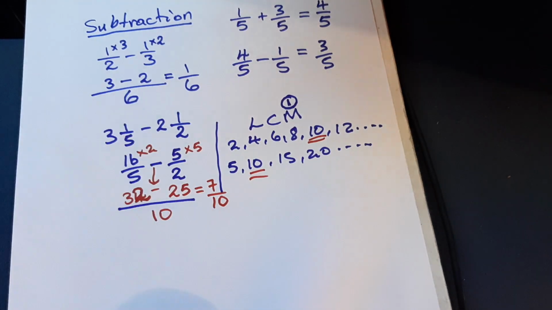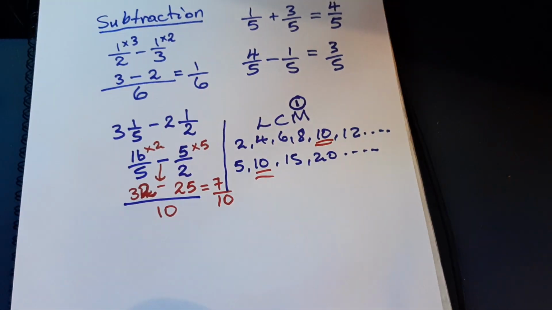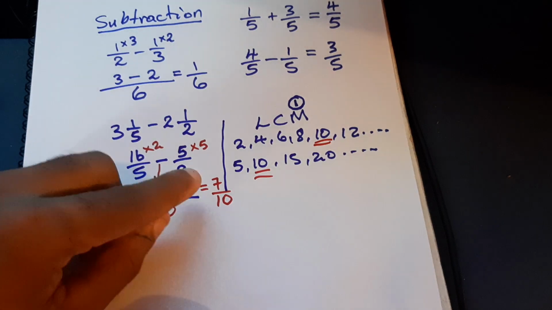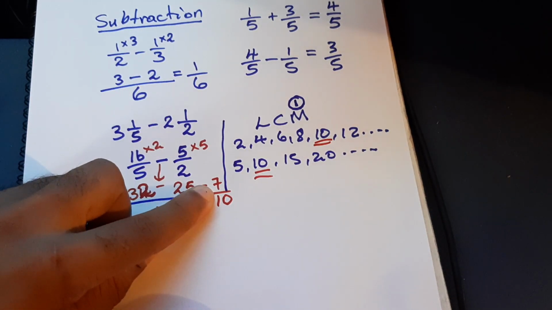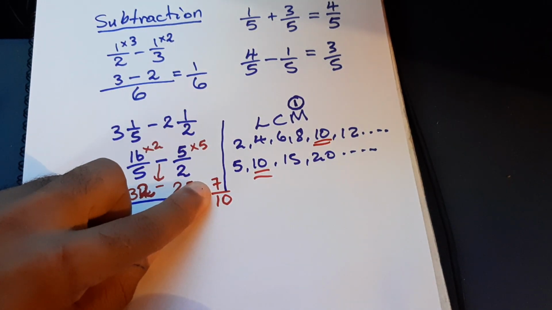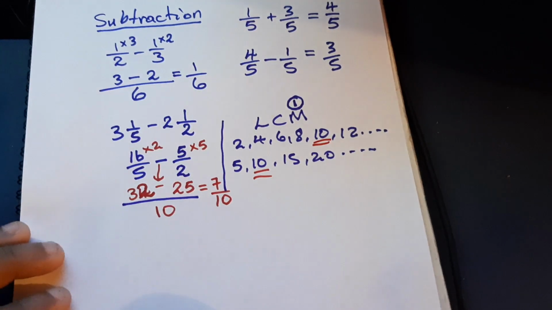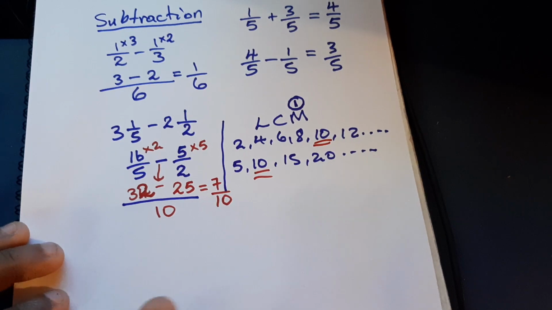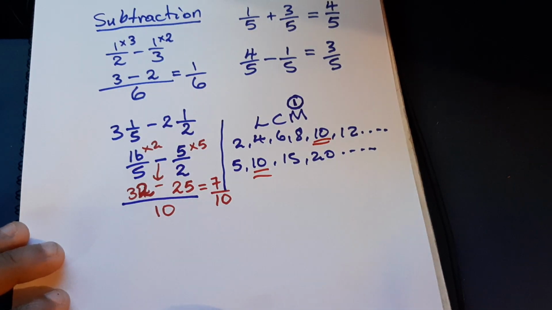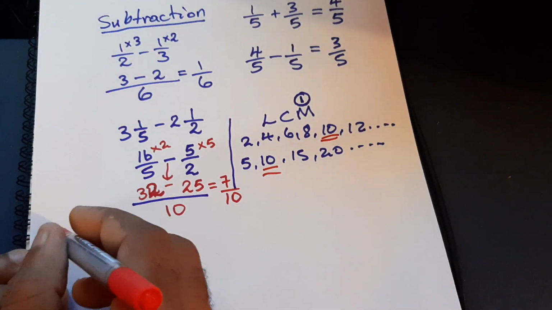And this 7 over 10, if they should ask what type of fraction this is, it's not an improper fraction, nor is it a mixed number or mixed fraction, but what is it? It's a proper fraction. 7 over 10 is a proper fraction. So hopefully you're getting the gist of this. So I'm just going to move on to